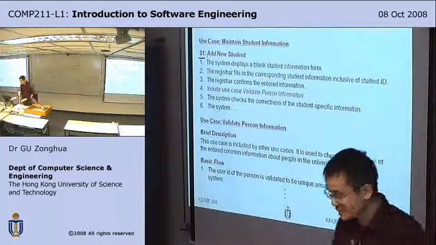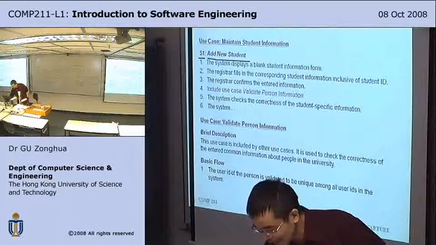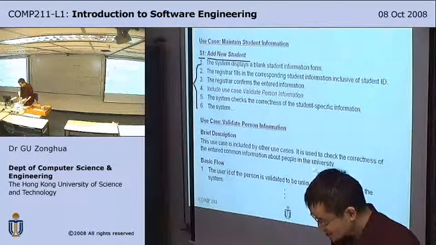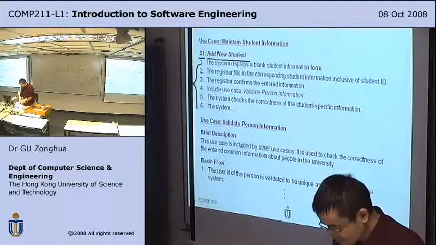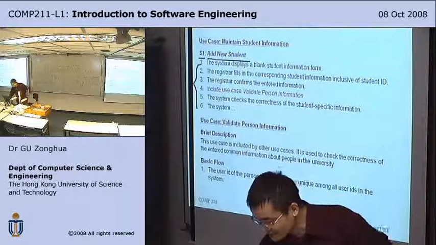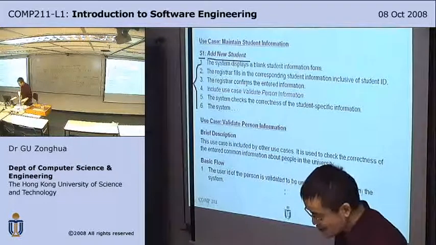S stands for subflow. Add new student. So you have 1, 2, 3, 4, 5, 6. 1 is the system displays a blank student information form, and register fills in the student information. Register confirms the entered information,